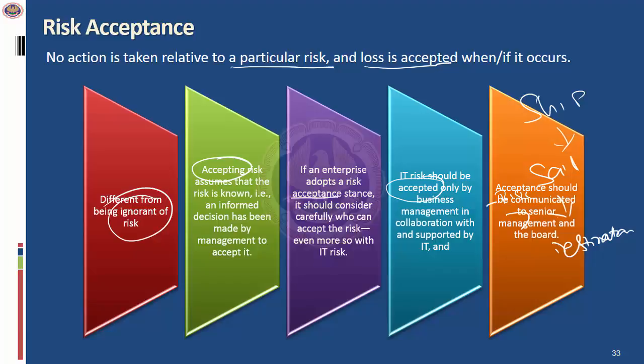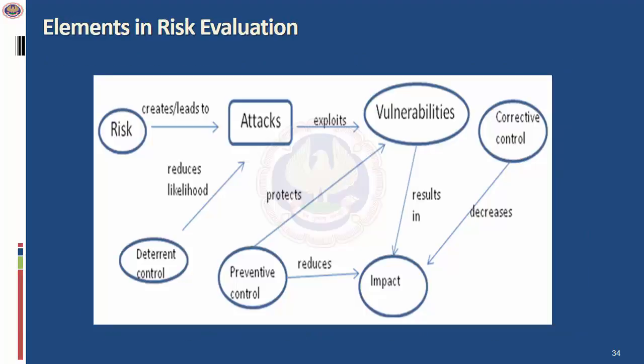Now you also need to see here that you communicate the acceptance of the risk, and this is done by the senior management and the board, and it's communicated to all the staff. For example, the lending policy: to what sector do we lend, what is the rate at which we lend, to whom do we lend. This has to be based on the risk policy of the bank, set by the senior management and communicated to all the employees of the organization.